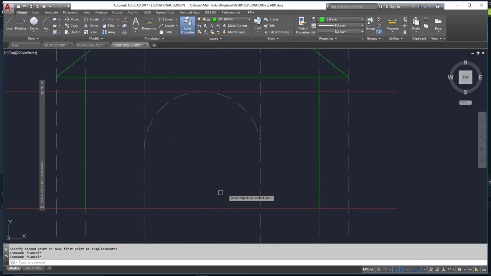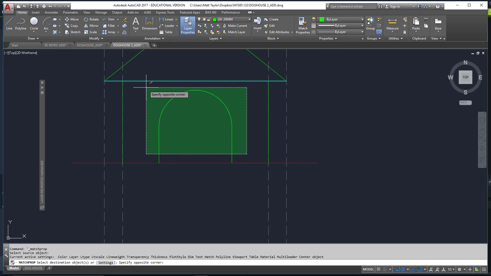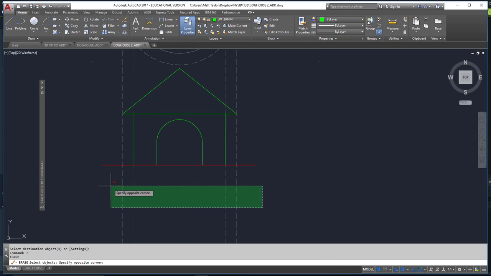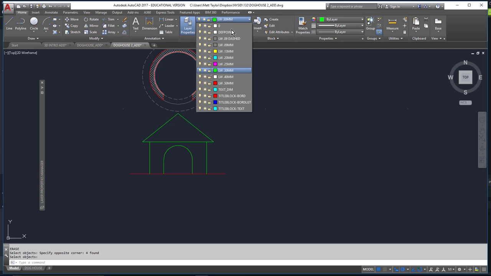So now I use the trim command here and here. Oh, trim command here. Erase my guideline and then use match properties to make this opening on the proper layer. Great. So that's it for the drawing itself. Now it's just text and dimensions. So let's see, if I wanted to put a dimension on there,